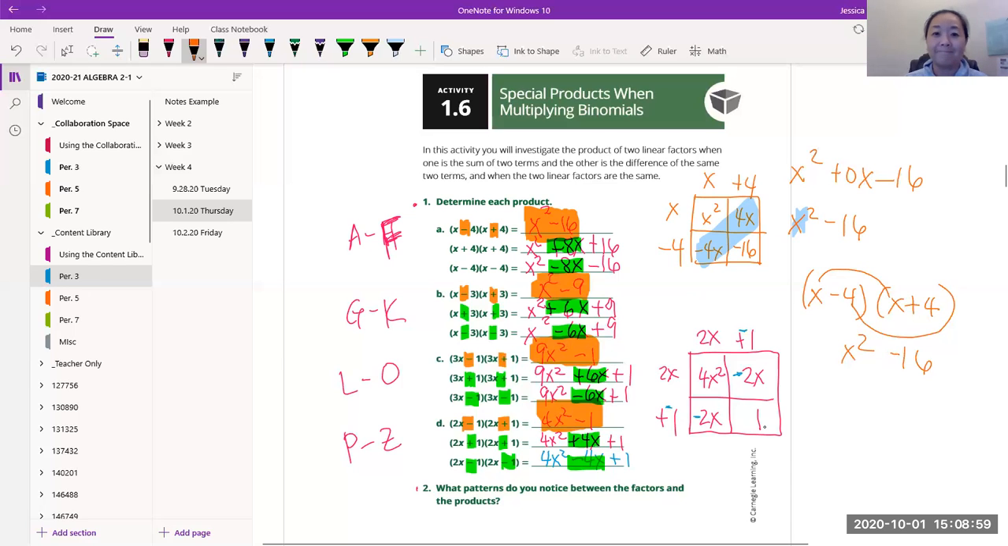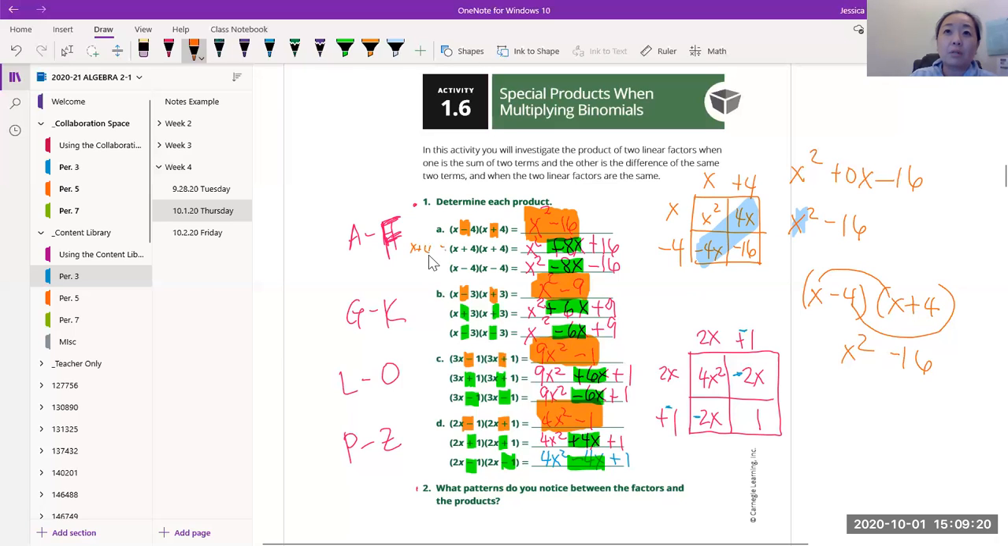Done. Shortcut. It only happens for those. If this is a 4 and that's a 2, you can't do that anymore. It doesn't work, okay? Only when they're exactly the same. And remember what we call, well, I can't say because we're going to call it something soon. All right, and then when they're both exactly the same,